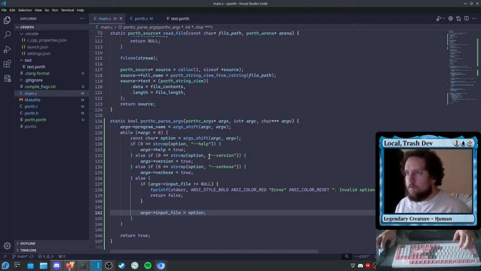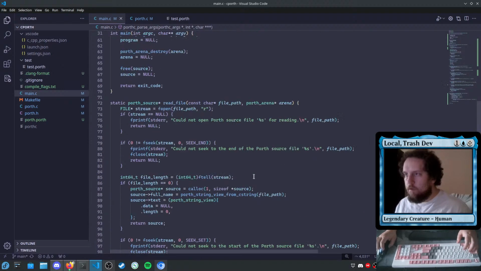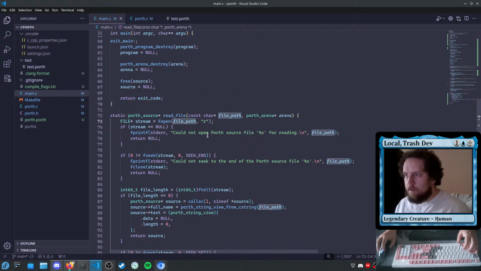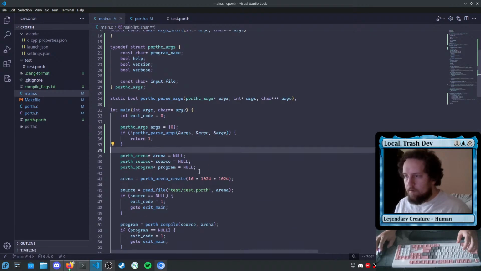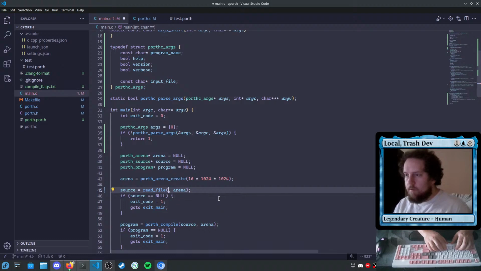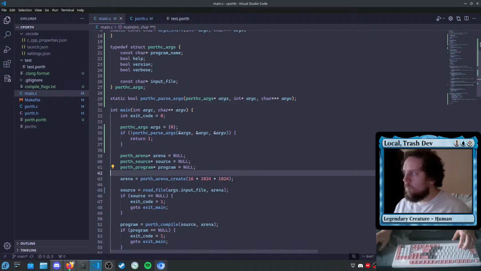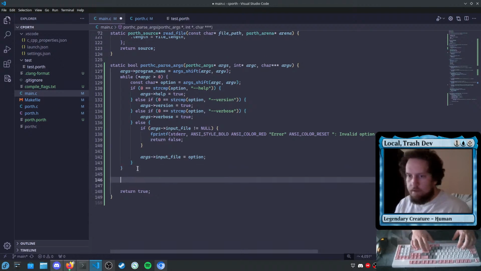Okay. So now we should be able to attempt to read file from here instead. So instead of doing this, read file from args dot input file. And then what we can do at the end here also is say, if